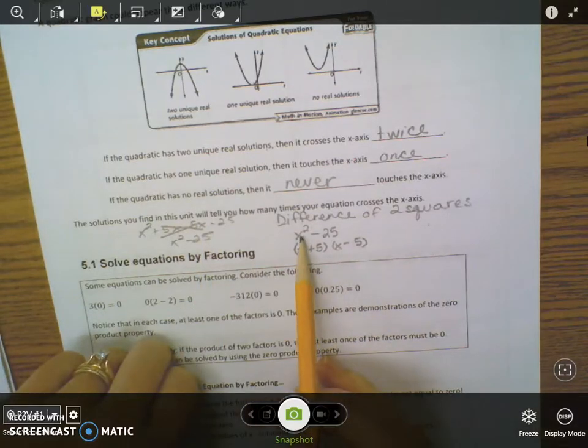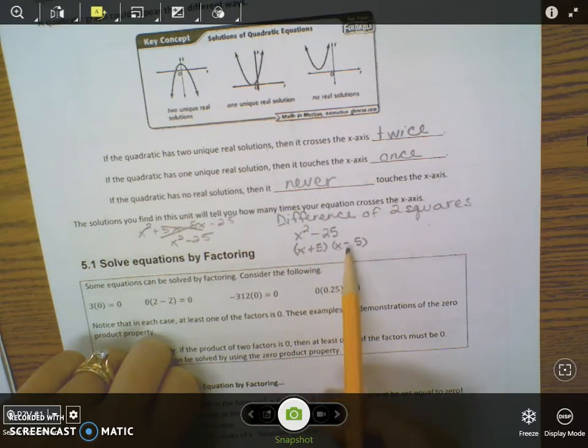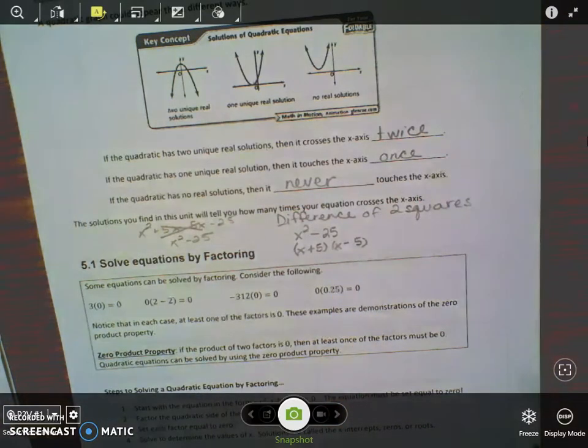So if you have two squares and you're taking the difference of them, it's just the square root of the first plus the square root of the second, times the square root of the first minus the square root of the second. And we'll see some examples of that in a little bit. I'll give you some more examples. Okay,